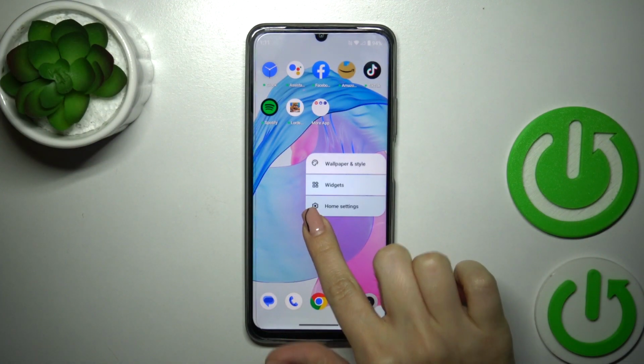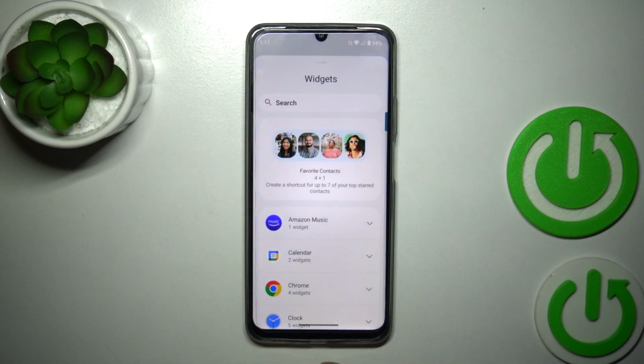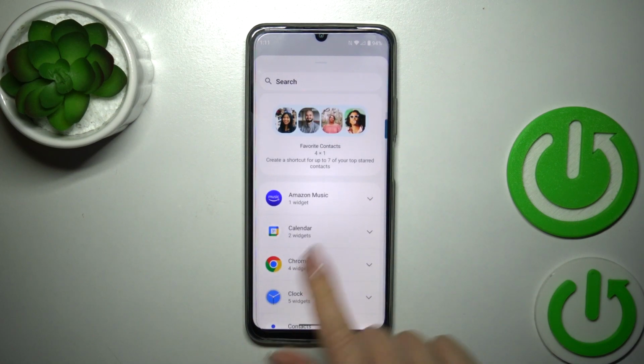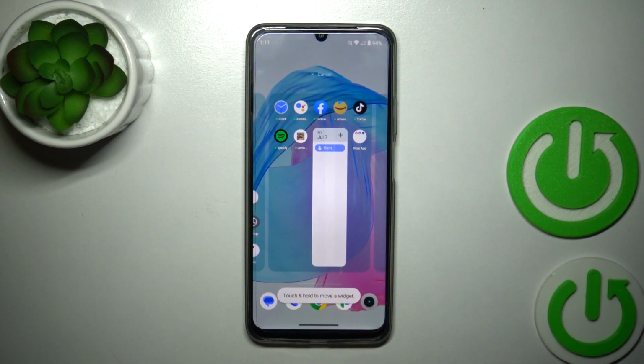So first you should hold the home screen for a while with your finger and then tap the widgets icon. After that you'll see all of the applications on your device which widgets you could add. Tap the calendar one, and to add the widget we should just hold it and drag it to our